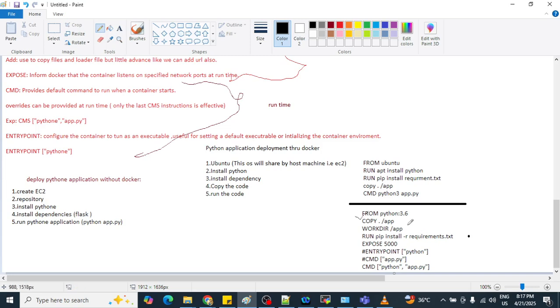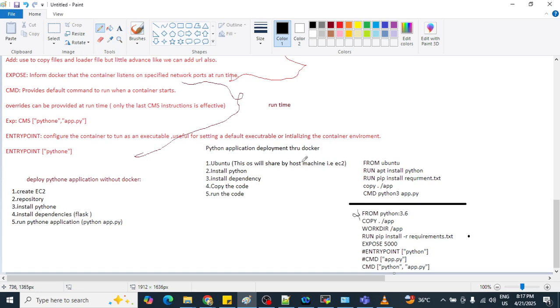We are directly copying everything after taking Python 3.6, into slash app. That is right. WORKDIR is also right. Then EXPOSE. Now here for CMD we are giving python slash app. That is also correct.